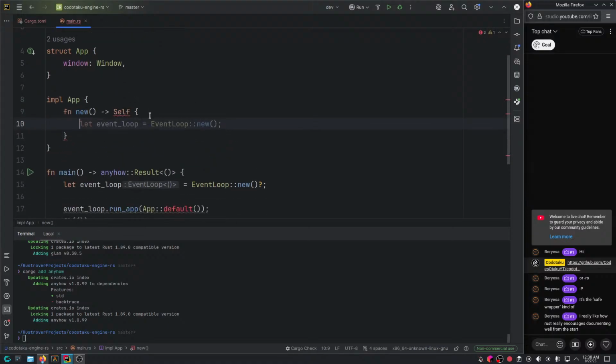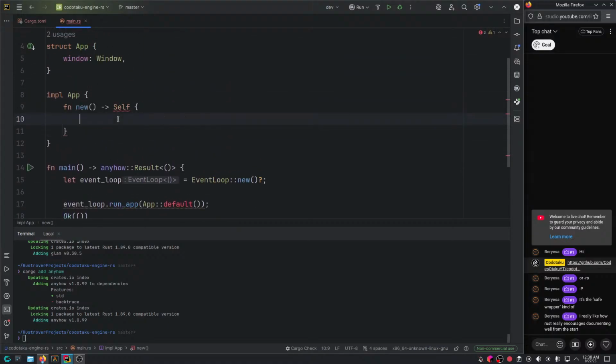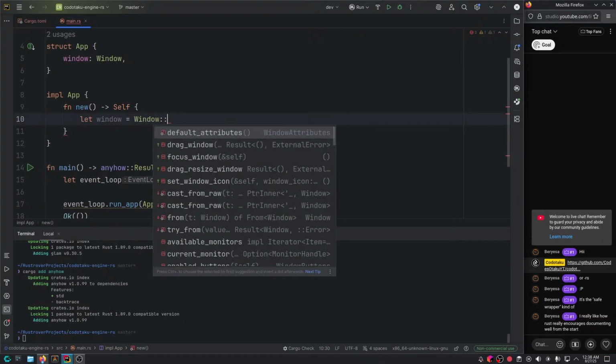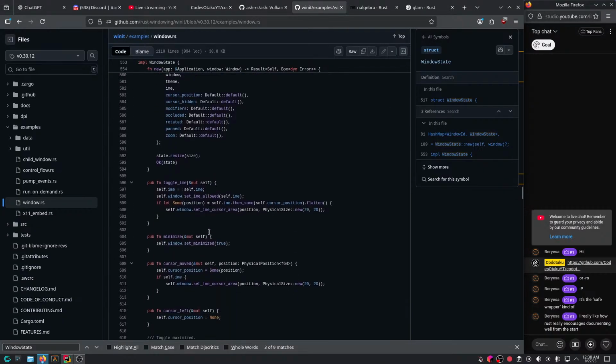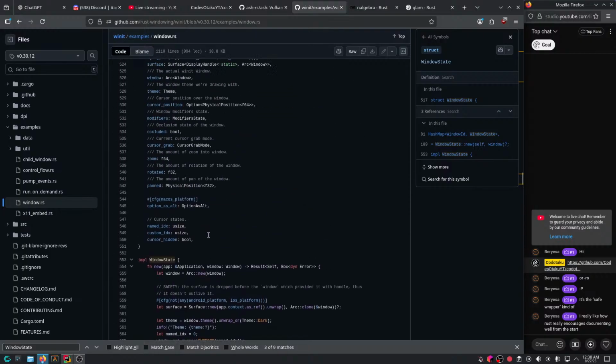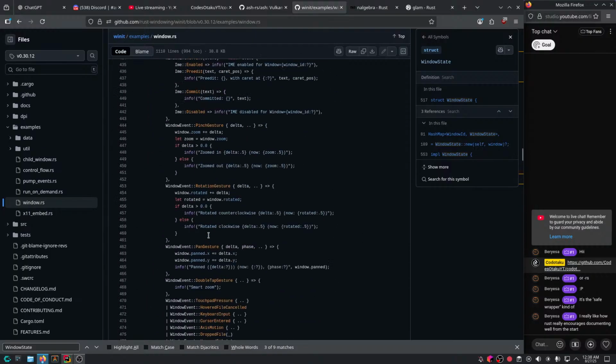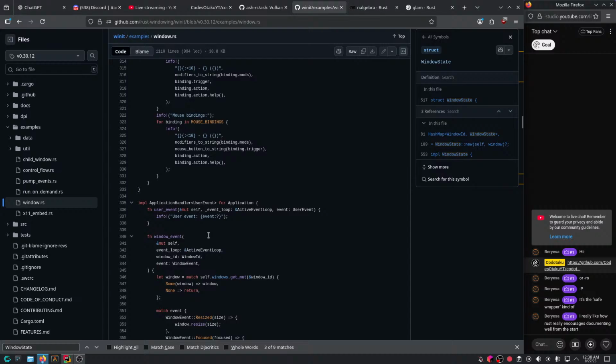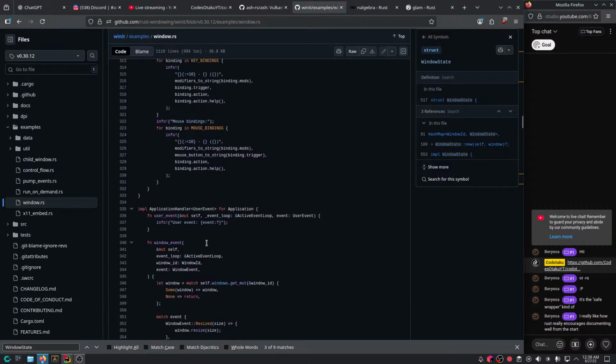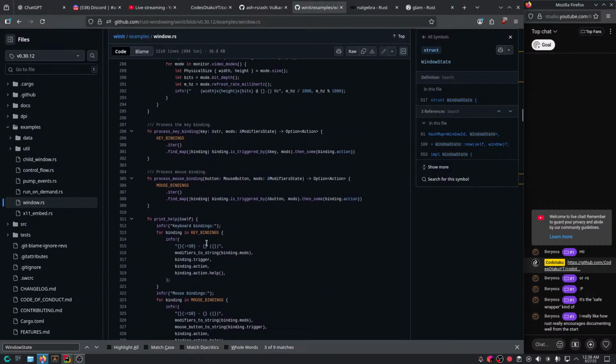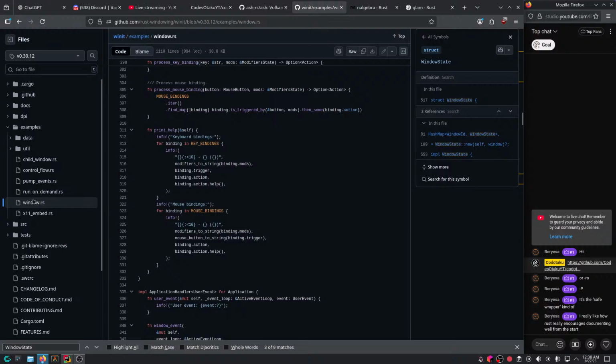So fn new, and let window is equal to window, I guess. How do you create a window? I think maybe you grab it from the event loop. Let's see. How about we go to the documentation maybe?